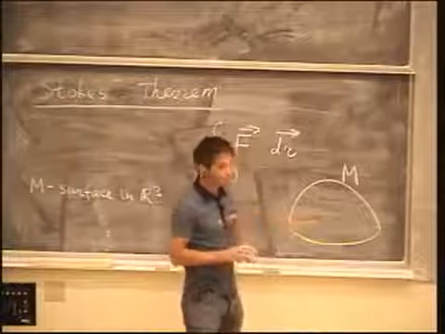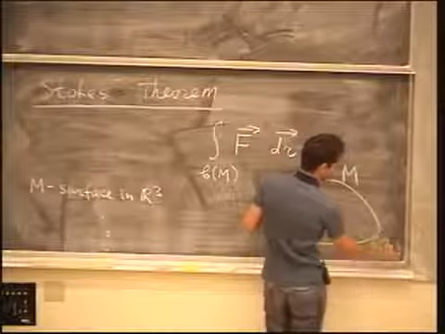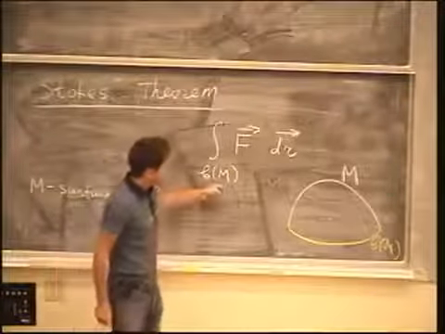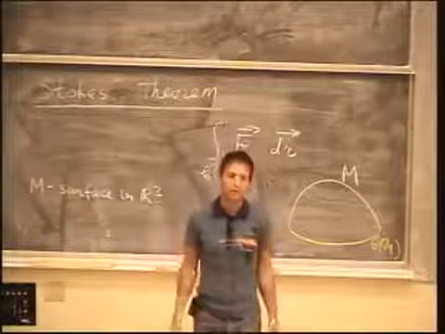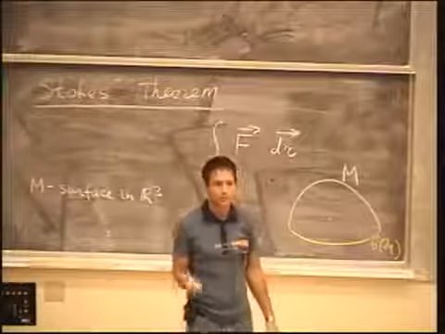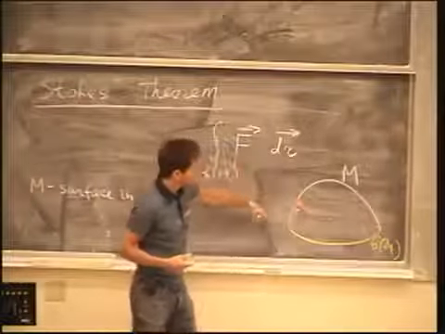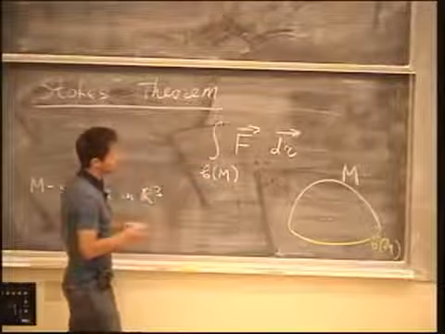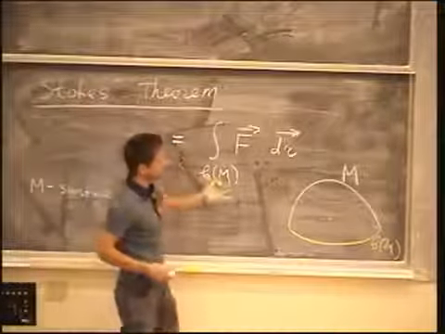This surface has a boundary. And that's what I call here B of M. So in this case, if you really think in terms of the upper hemisphere, it is a circle. In any case, it's a curve. And over that curve, we can take this line integral, where F is a vector field. So that's the left-hand side. And the left-hand side is kind of easy in the sense that we already know what